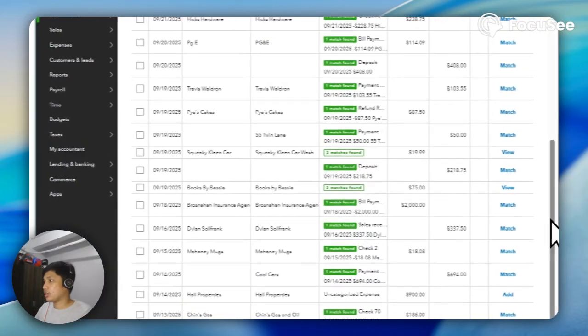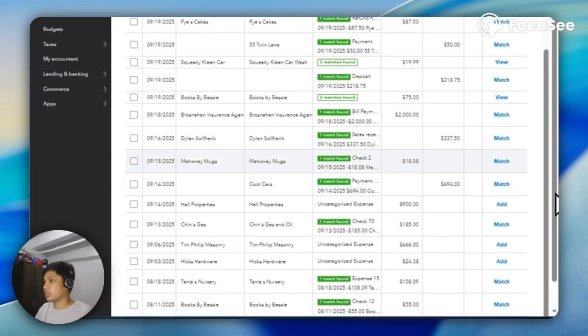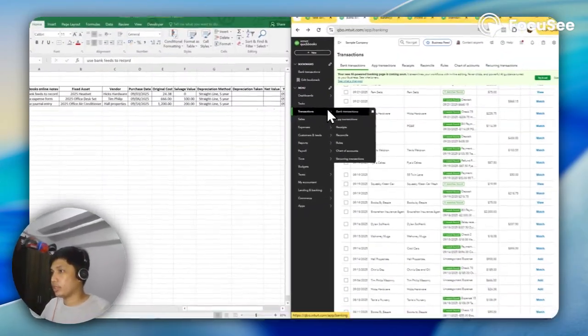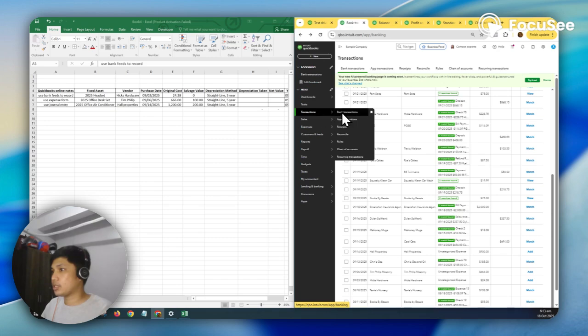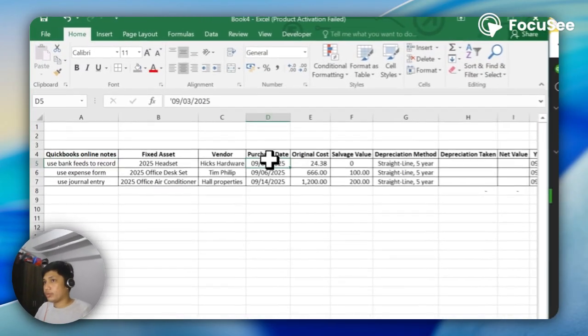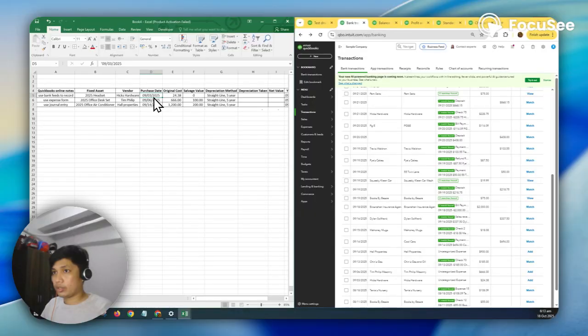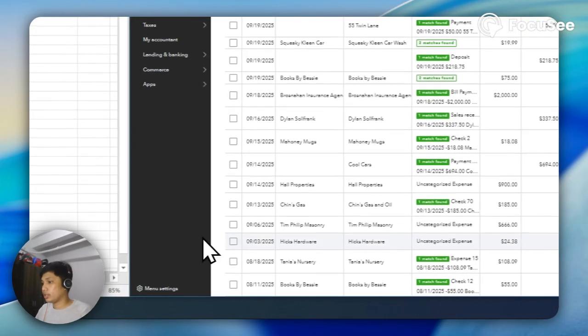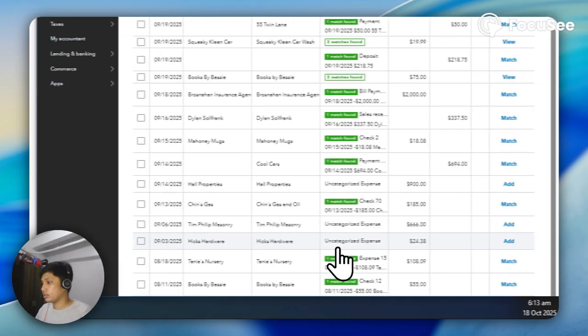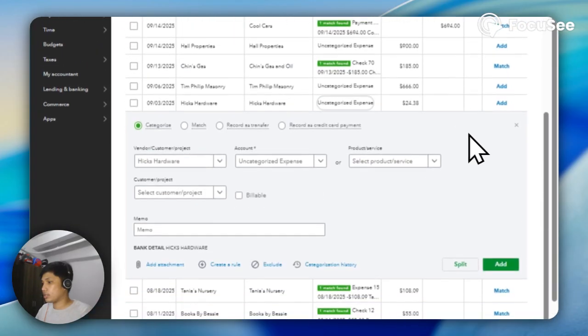This is the bank feeds. You can see this in bank transactions. It was purchased on September 3. This one, then I'll click this.